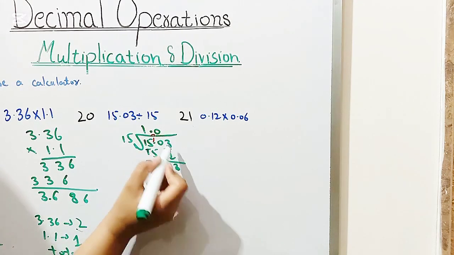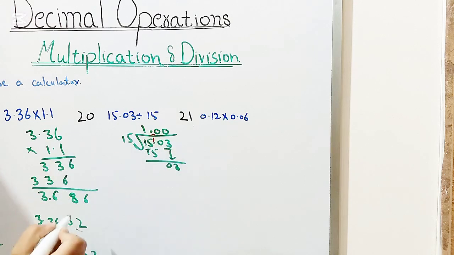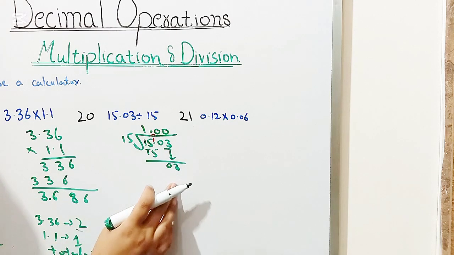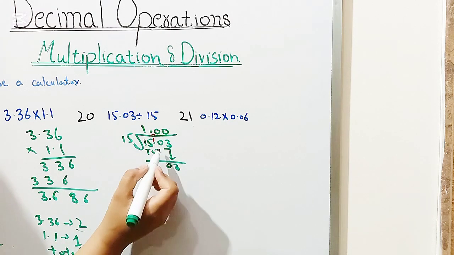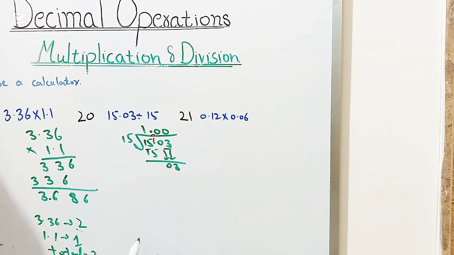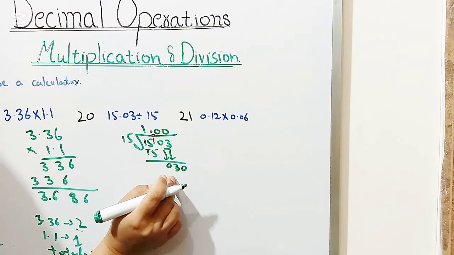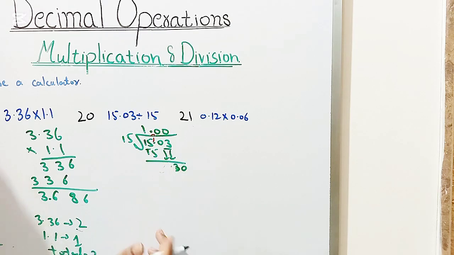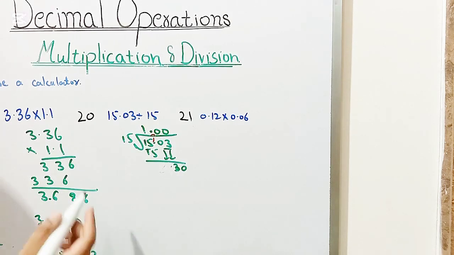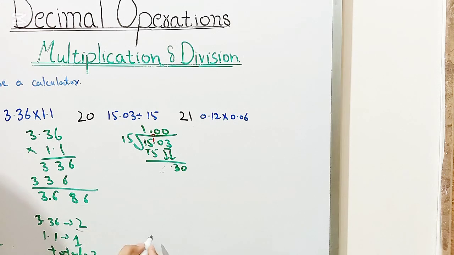Then we will also place 0 there because we bring down two values together. Now I will write 0 there. There is no importance of the 0 at the left side. Now I will write 0 there because the decimal is also placed earlier. 15 1s are 15, 15 2s are 30.